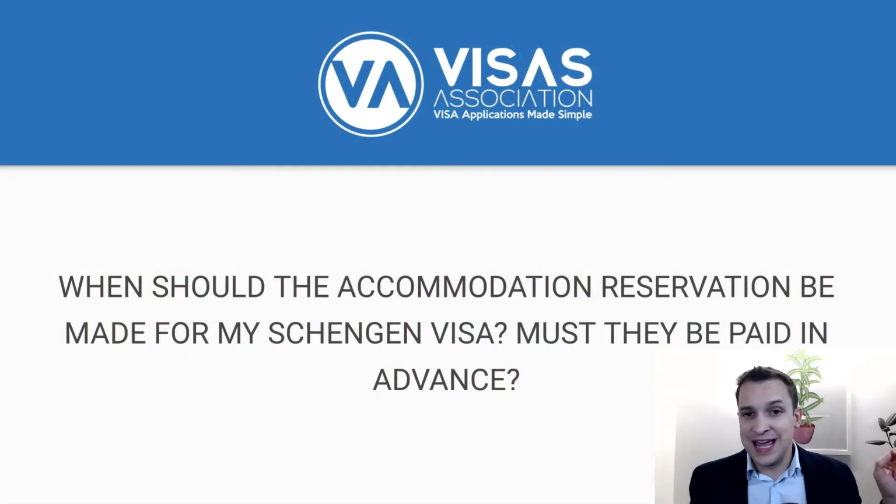The embassy or consulate goes and verifies everything that you provide to them. They make sure your passport is legitimate. They make sure that the photos are real. They use the certifications to make sure they're valid. So the way they validate accommodation and flights is they go to the accommodation provider's website. They take your booking reference ID and your last name, and they put it into the website, and they double check the hotels that match that booking ID to what you have included in your application. So if they get there and it says that this ID and this name does not exist on any accommodation, what they know is that you have used a fake ticket, which means that you have fraudulently submitted your